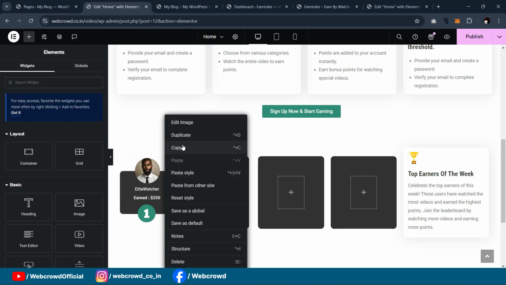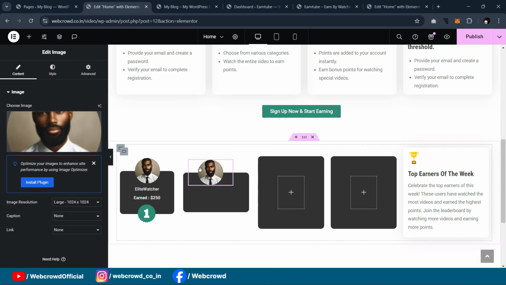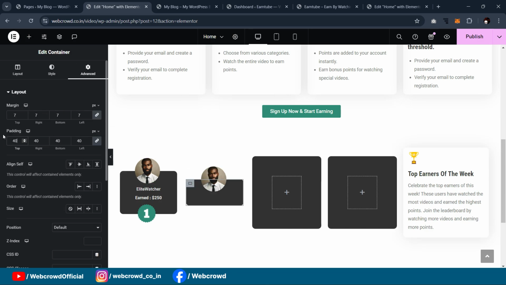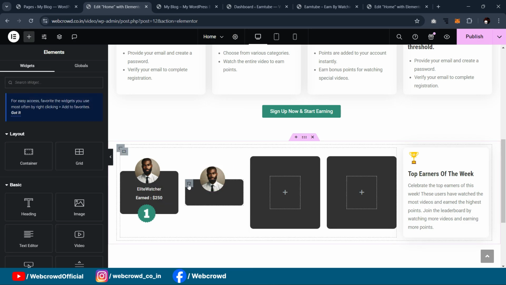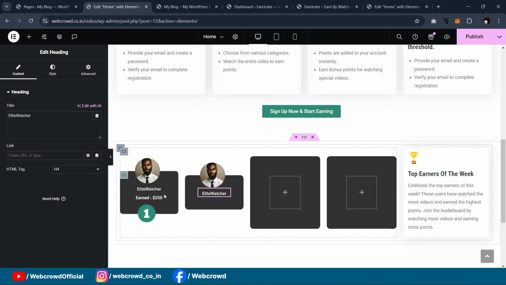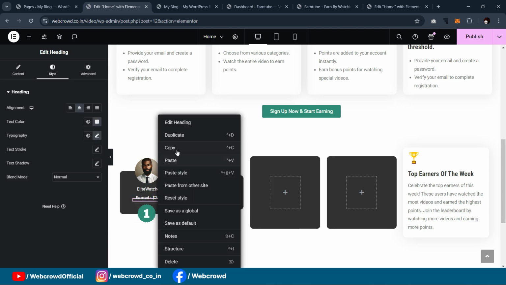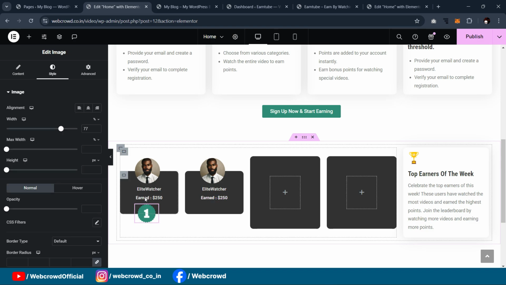First copy this text image, paste here, and also change this padding to 40. Remove the margin as well. Okay, copy, paste. Similarly copy this and also copy this. Okay,